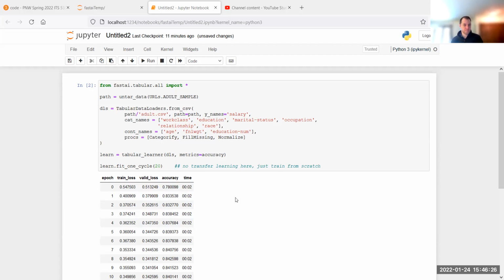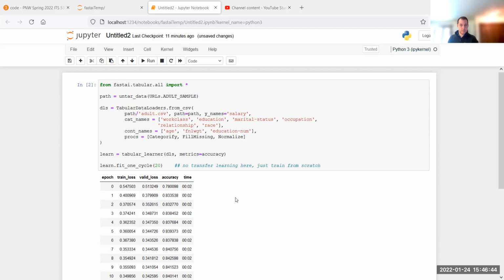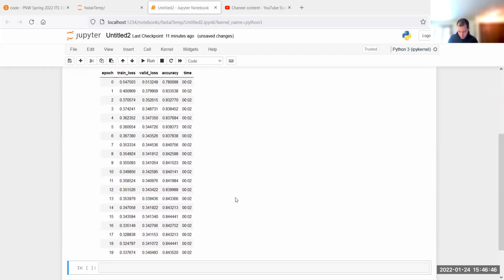And basically, we also trained from scratch. We didn't actually import a model for this one. The model is about 84% accurate, and it was really quick to train.